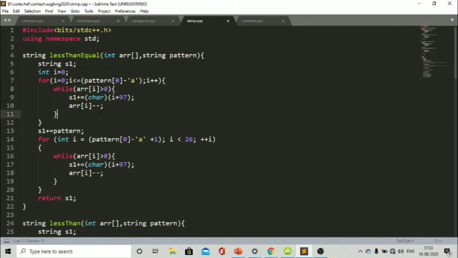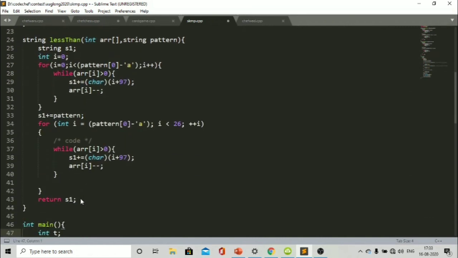This for loop is copying all the characters less than or equal to the first character of the pattern. Okay, now after this we have inserted the pattern into the resulting string. Now this for loop is copying the rest of the characters, and after that it is returning the string s1 as the resulting string, in which all the characters to the left of the pattern are less than or equal to the first character of the pattern.